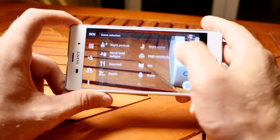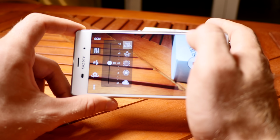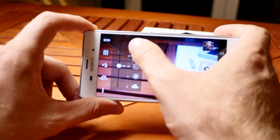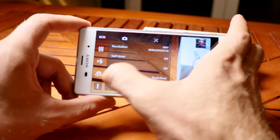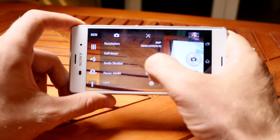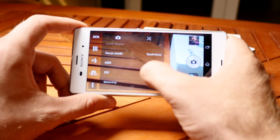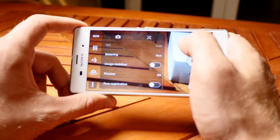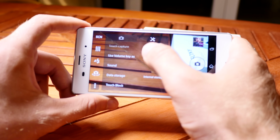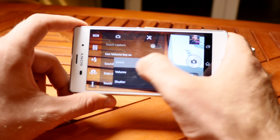You can set a lot of automatic stuff here, but there's also the possibility to change your ISO, your white balance and so on. So you can see a little bit how the color changes if I just go through all of these, but these are actually the most settings. Otherwise, these are the settings you will get on all the other features like smiley shutter, self-timer, focus mode, HDR, ISO, metering, image stabilizer, and here in the settings we have quick launch, use volume key as zoom, volume or shutter, and